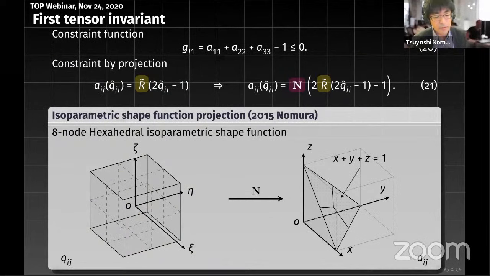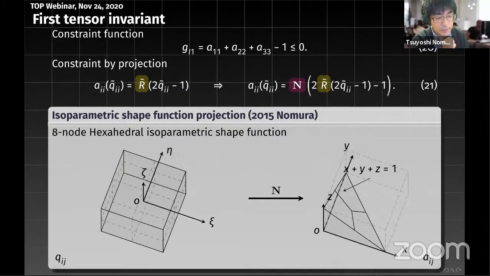In the projection, I use an isoparametric shape function as shown here, so that we can squeeze the cubic coordinate into the tetrahedra, so that we can keep the trace of the tensor less than 1.